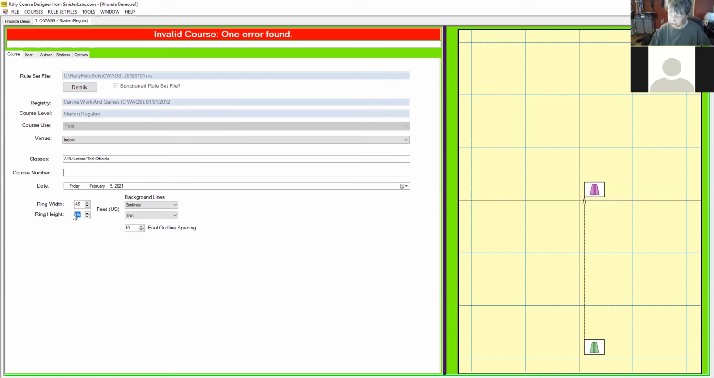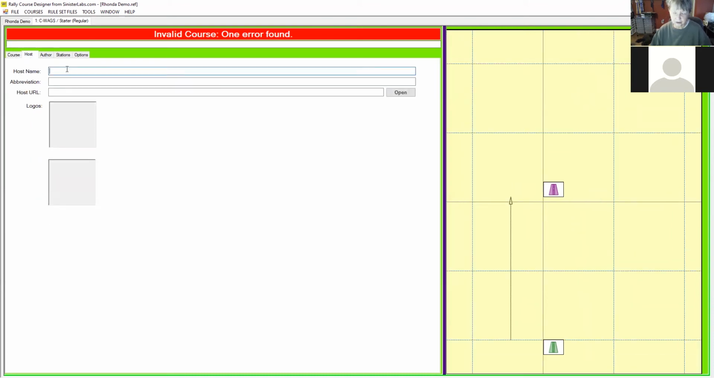I'm going to make this 50 ring height, because you're probably setting it up. 10 is the grid spacing, and that's what you see over here on the map. And I'll just leave that alone. Host name is like,